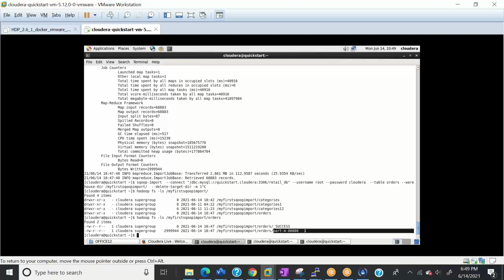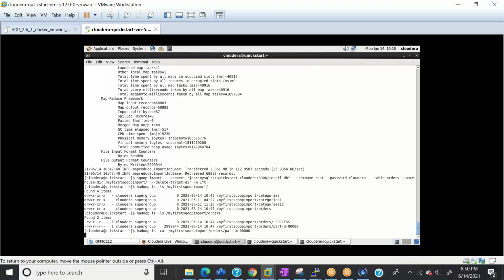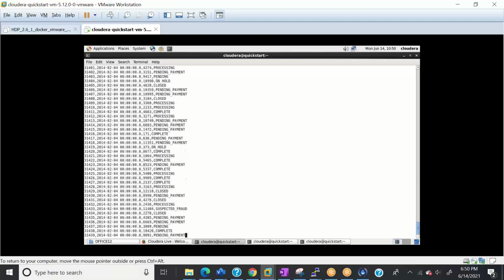If I open this file, it is a human readable file. You can read this file. I'm not sure how many records are in the orders table, but it will be a human readable file. See, right?